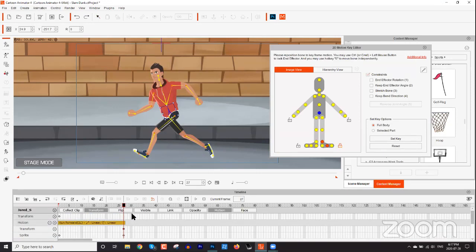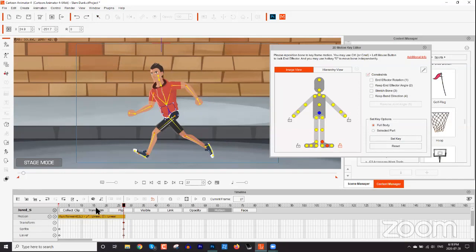One thing that is very important to know for the rest of this demo, and it may confuse some people, is that we have 2 transform tracks. You can see there's 2 transform tracks on the left. You're like, what the heck's going on? What we're going to do is take out the major transform track here, and we're only going to focus on the sub transform track. That's a transform track under motion. And this transform track is basically like the overall key, the absolute keyframe for all of